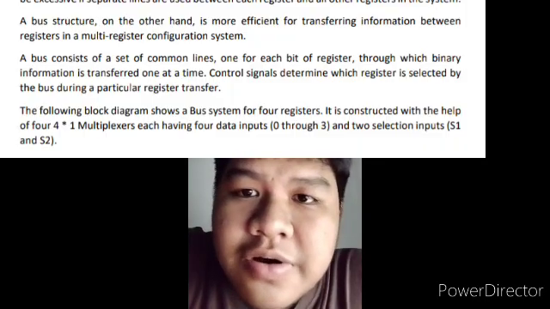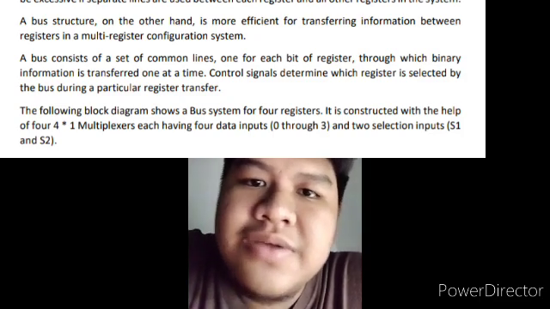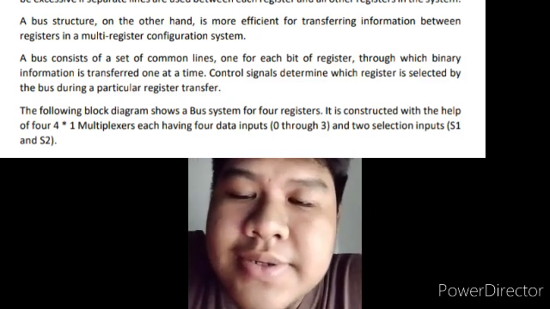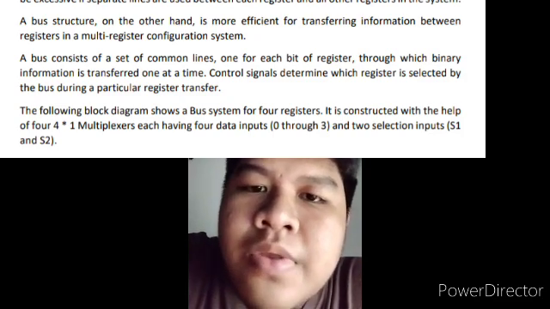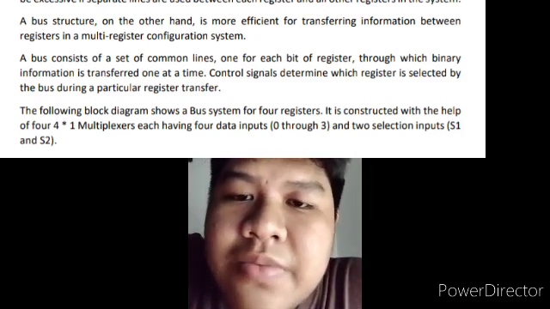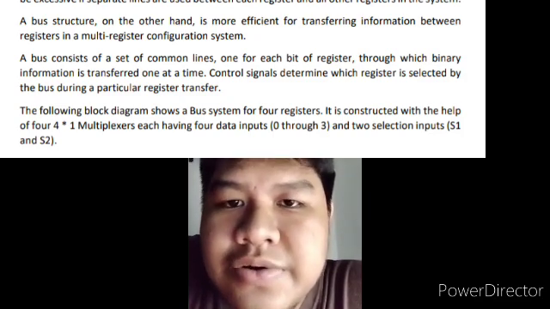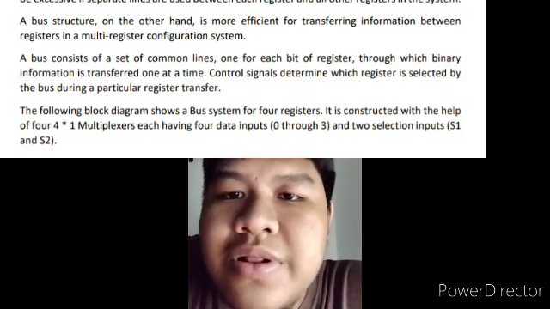A bus structure, on the other hand, is more efficient for transferring information between registers in a multi-register configuration system. This means that instead of using separate wires for every possible connection between the registers, which can get complicated and unwieldy,